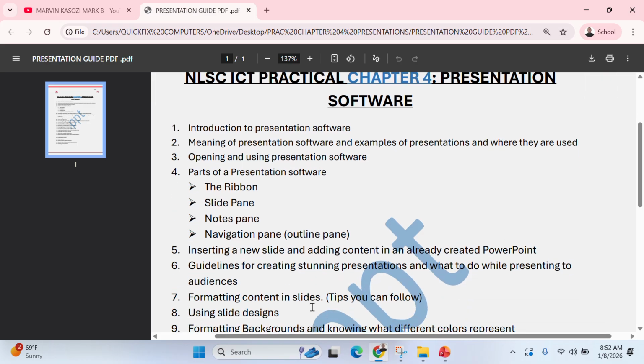Okay, as I go to number 5, inserting a new slide and adding content in an already created PowerPoint. Let us first note this down. It's also important to know that a presentation has a sequence of text, graphics, animations, and sometimes videos and audios, and much more to accompany a speech or public talk. Yeah, and presentation software is a graphics program that can be used to organize and present information,